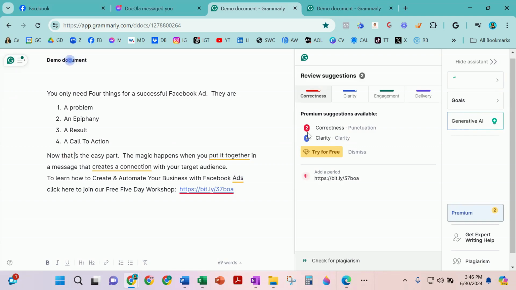Okay, so sometimes it doesn't like conjunctions. That is the, okay, so let's put that, see if it likes that better. Yep. The magic happens when you put it together in a message that creates connection. So I won't keep going through this. You get the gist of what I'm doing, right? So we went from a 79 to an 82 with just making these minor suggestions. And then if I take this out,